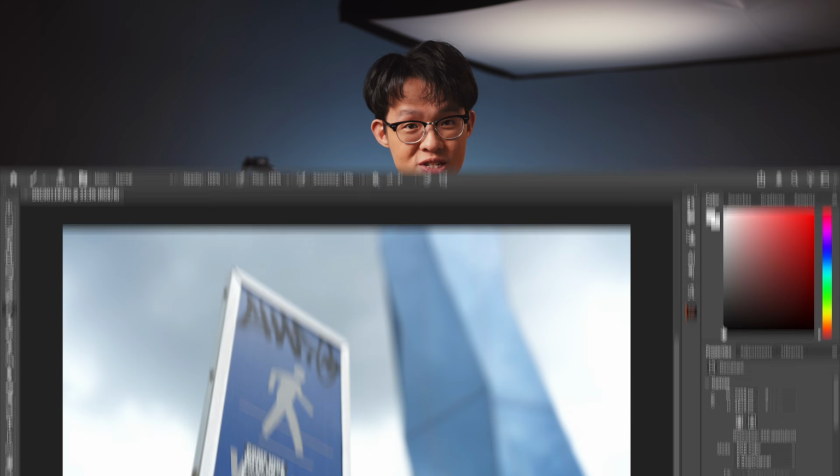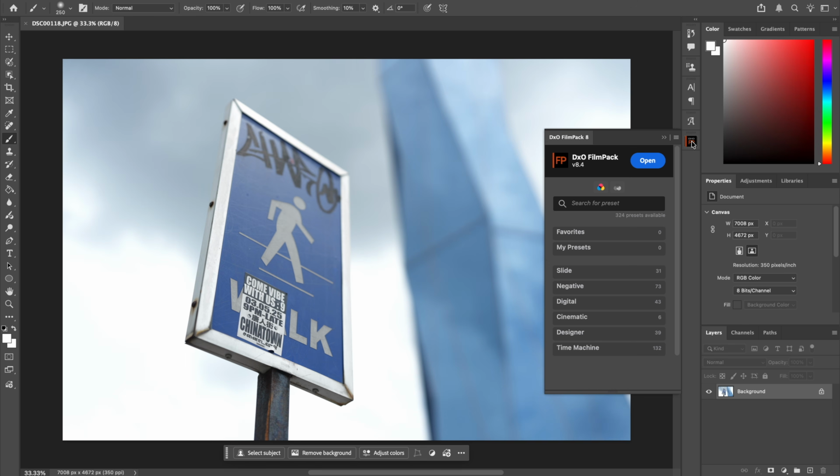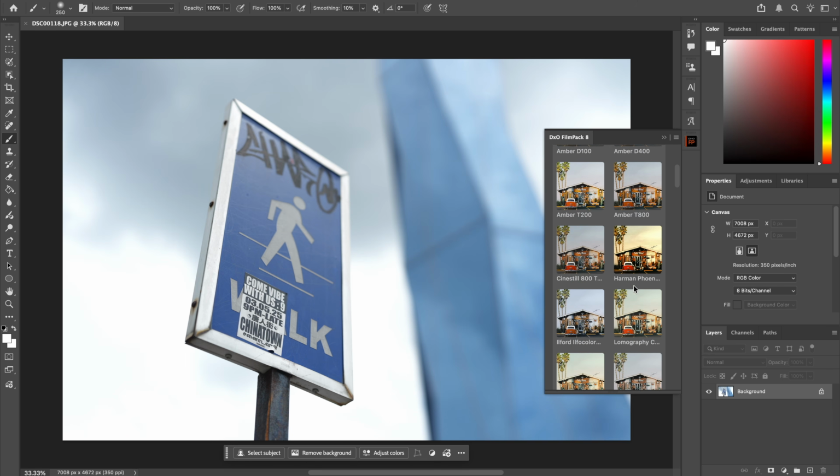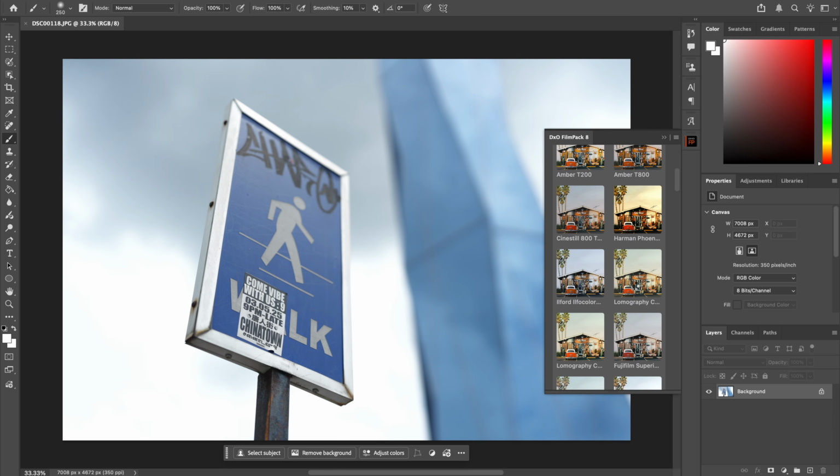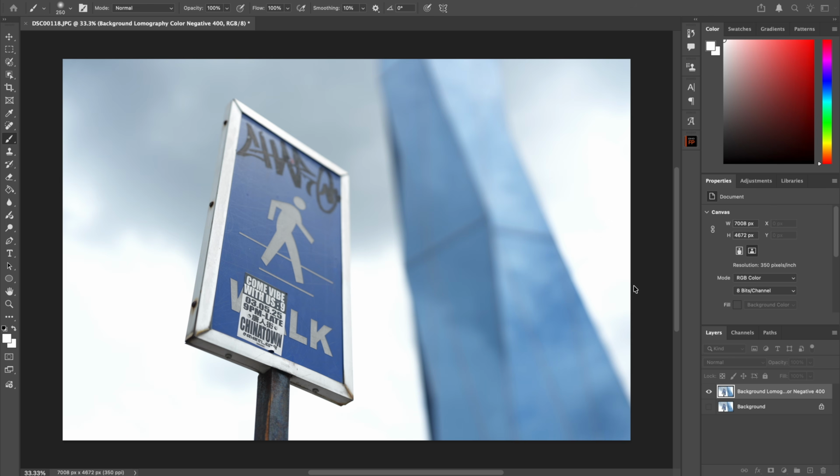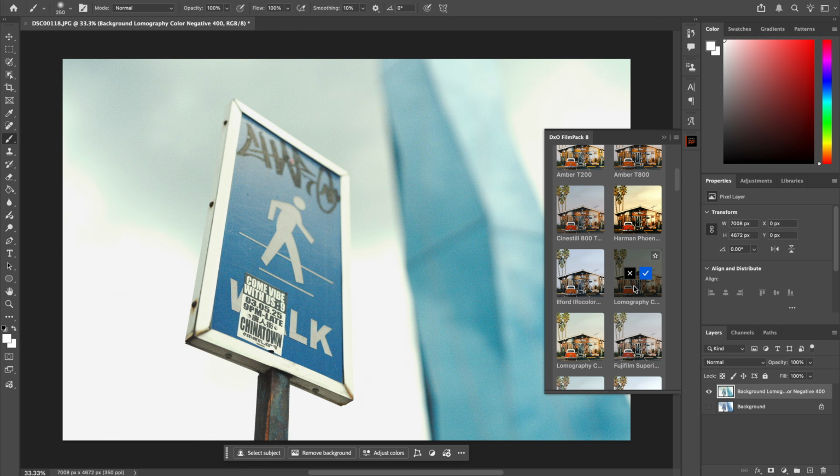Of course, this is all accessible within the standalone FilmPack 8 app, but a very good piece of news is FilmPack 8 is also available as a Photoshop plugin. Once you install it, you'll be able to browse and apply all presets, including custom presets you've created right here within Photoshop. Though, unlike Photoshop, the license for FilmPack 8 is perpetual, so one of these might outlive the other,